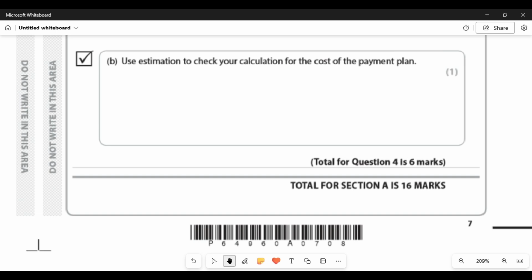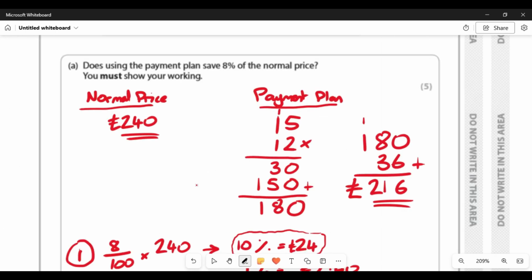Part B says, use estimation to check your calculation for the cost of the payment plan. It's a key word. Estimation to check your calculation for the cost of the payment plan. Well, let me just recheck. Let me just go back to the question. Where was this, the cost of the payment plan? So the cost of the payment plan was here when we got £216. That was the cost of the payment plan. So